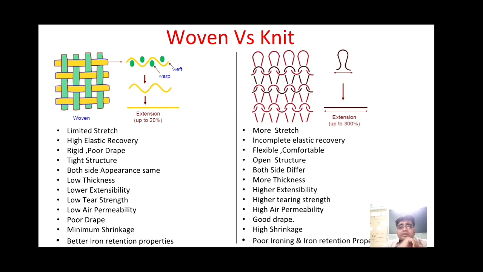Now another differentiating point is better iron retention property, and here iron retention and air retention properties are very poor. Now better iron retention property means what? Have you seen anybody apply ironing on knitted fabric? No, we do not apply any ironing for t-shirt fabrics, we directly wear them on our body. But woven fabric does require ironing. Without ironing, woven fabric feels very crushy, whereas knitted fabric does not need ironing, and its iron retention properties are also very poor.